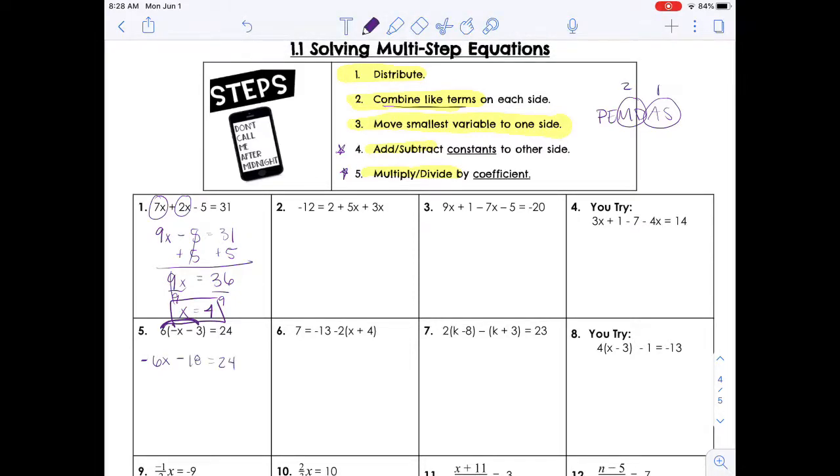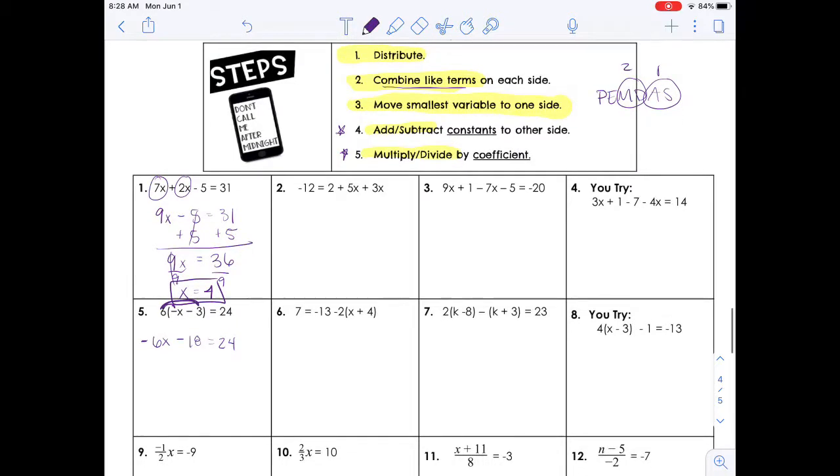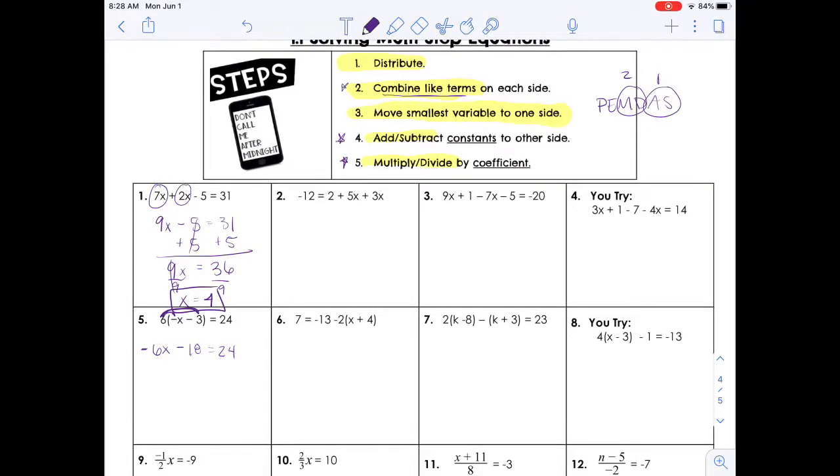So we're going to get those out of the parentheses. Then we are going to combine like terms, but notice we only have one x term, okay, and we only have one variable, so steps 2 and 3 are not going to be useful in this one. We're down to a 2-step equation already. So once we get to a 2-step, remember we just do addition and subtraction. So I add that 18 over,